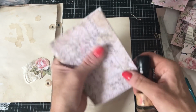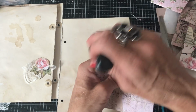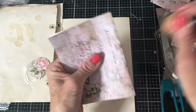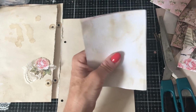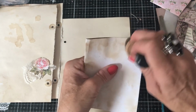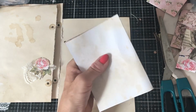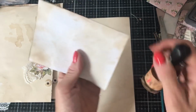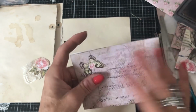Then really ink it up on the folds and at the edges. I have coffee dyed this, but I only coffee dyed the back, and I just kind of coffee sprayed it. I was doing my lazy coffee dyeing for this, so yeah. Okay. Like that. And then just pop this one down,